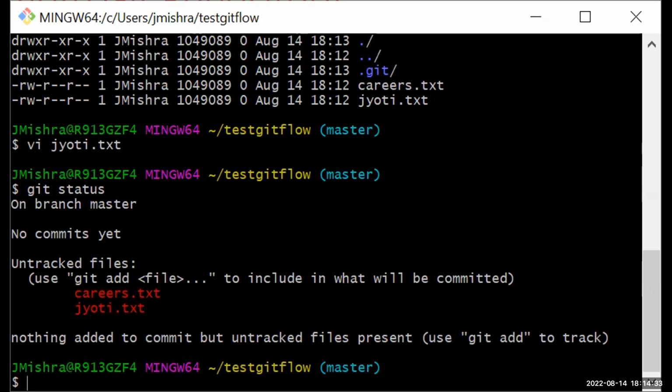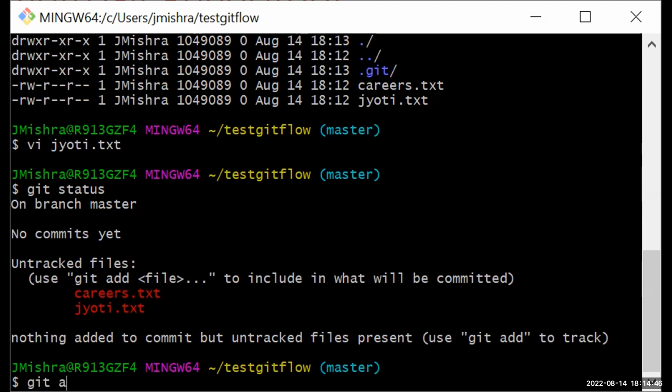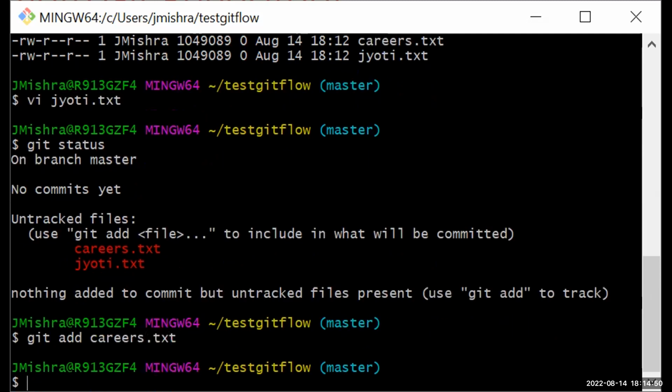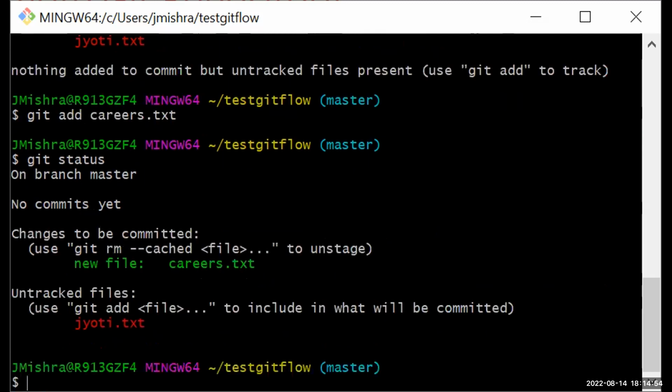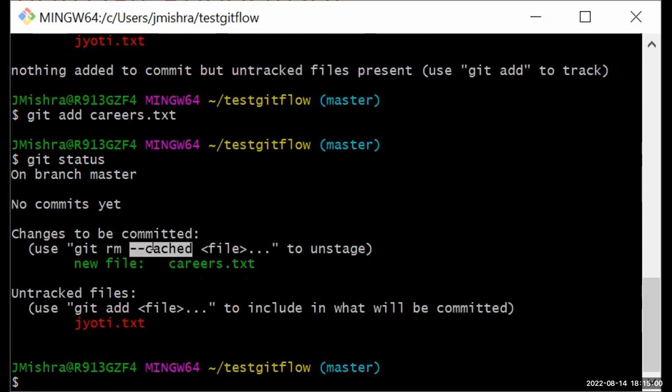Now this is not committed. See, these are my untracked files. Now I want to track them. So what will I do? git add careers.txt. Now let me do git status. What do you see, guys? This one is still untracked and hence it's in red, but the other one is in